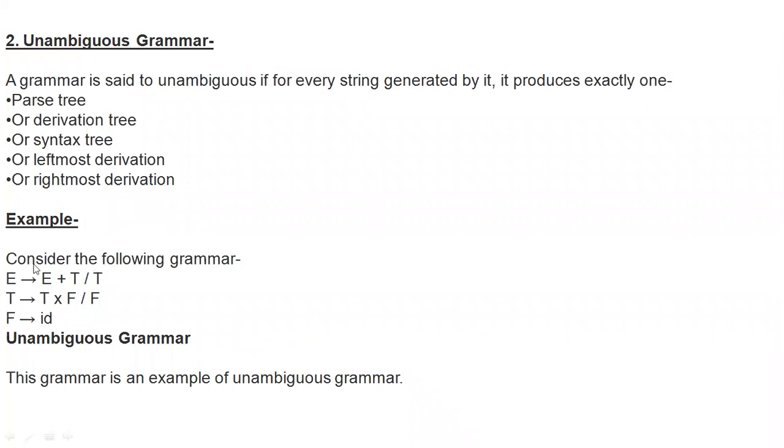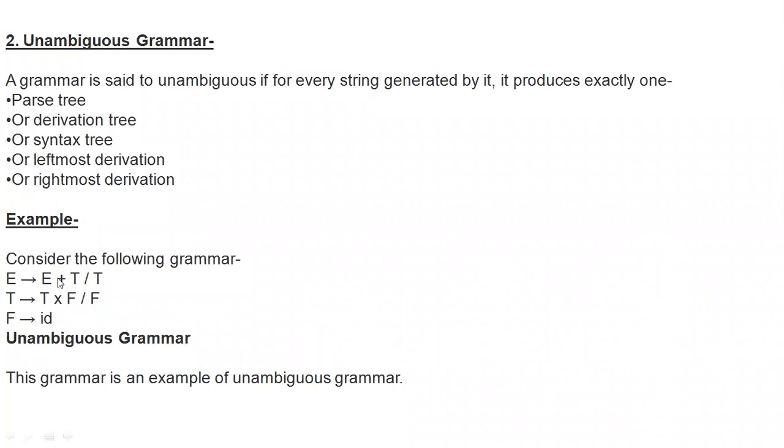After removing the ambiguity in the given grammar, like E tends to E plus E or E star E or id, the final grammar is this one. The final grammar is this one. See the grammar here. See the example. Once all of you see the slide, then you can easily understand what I'm saying.